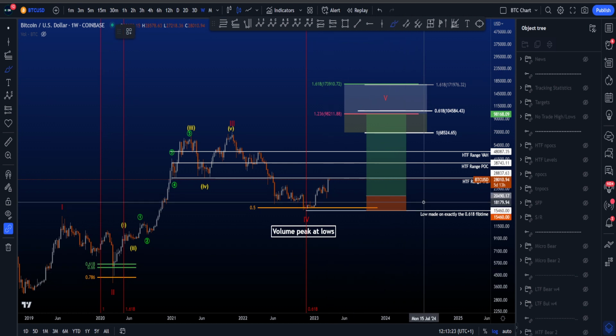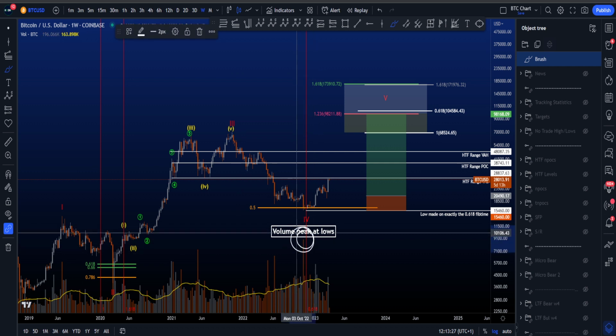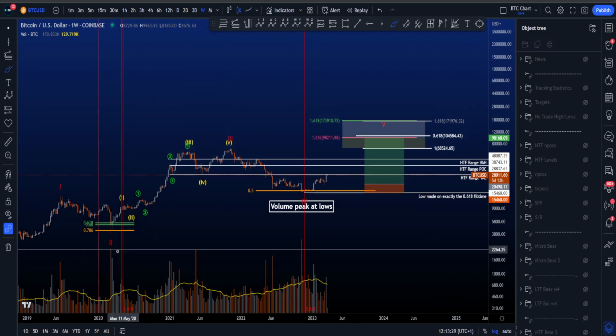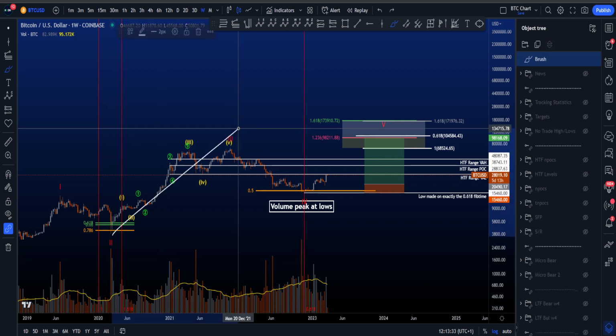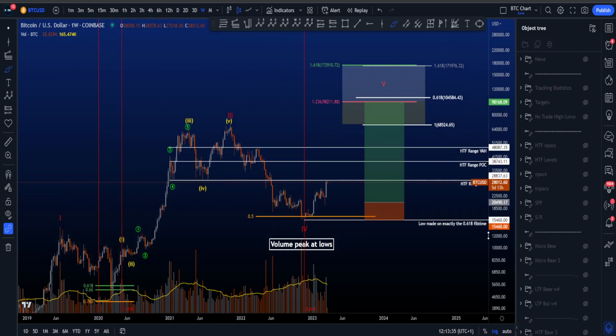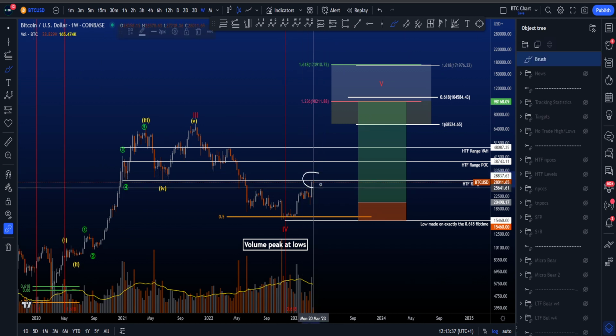Also the low of 4 had of course the 0.618. It had a high volume peak which can signal a reversal area, just as it did with wave 2 over here. Very high volume at the end of this wave 2 before then a bull run for wave 3. So this scenario is very interesting, but the price targets where we are right now are very, very important for